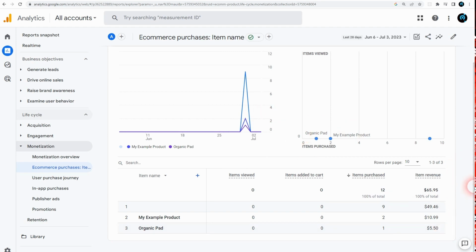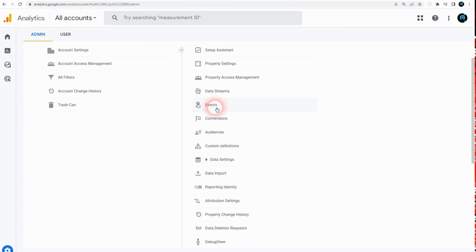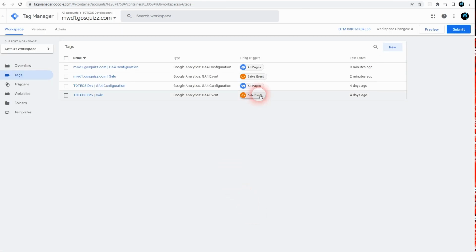Now note that the data that appears in Google Analytics 4 may take up to 24 to 48 hours to appear. So if an order was raised just moments ago, the statistics here may not update for 1 to 2 days. So it's worth periodically checking back. However, if you do want to see that the event did take place, you can go back into the admin section. You can then click on the events menu item, and then you can look at the purchase event name and see if the counts update there, and that will allow you to see if orders are coming through to Google Analytics.